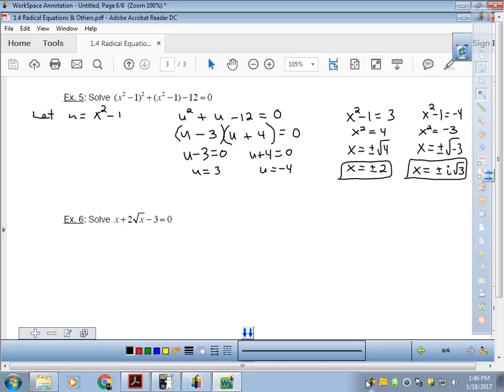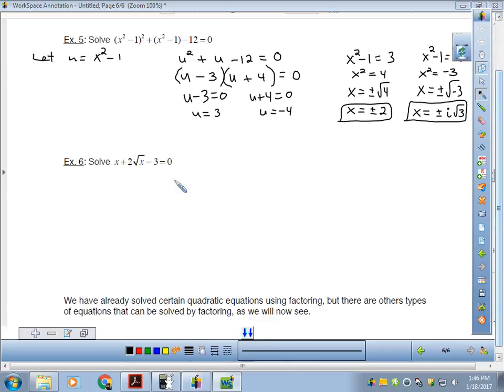Alright, let's look at one more example of this. Example 6 asks us to solve x plus 2 square root of x minus 3 equals 0. Now, this one may or may not look like it's quadratic in form, but it actually is. If we let u equal square root of x, what would happen if I take that u,